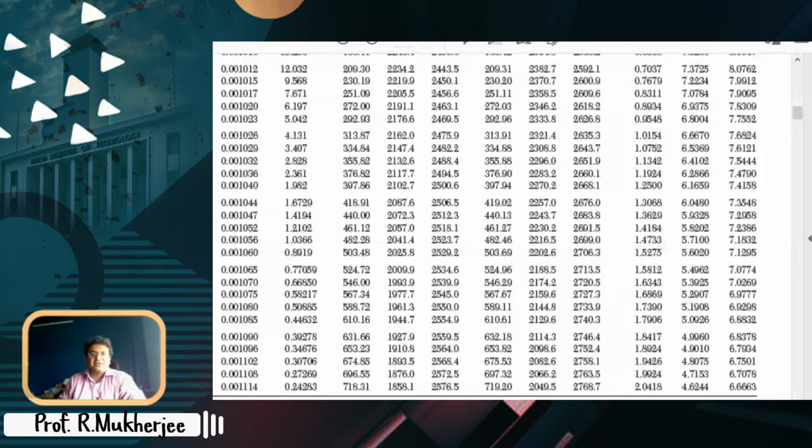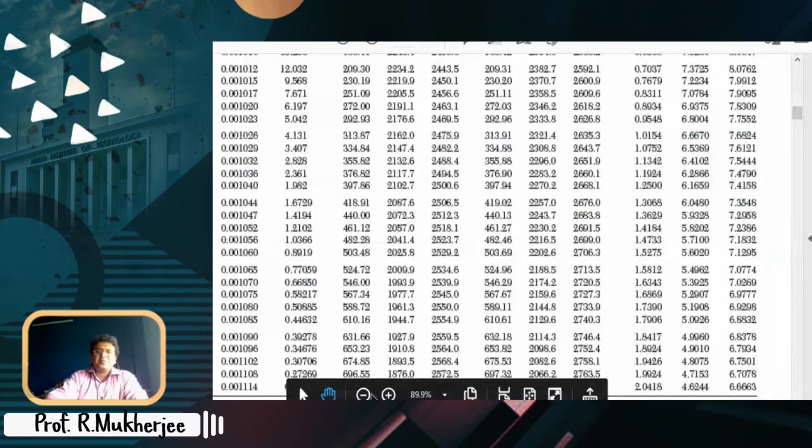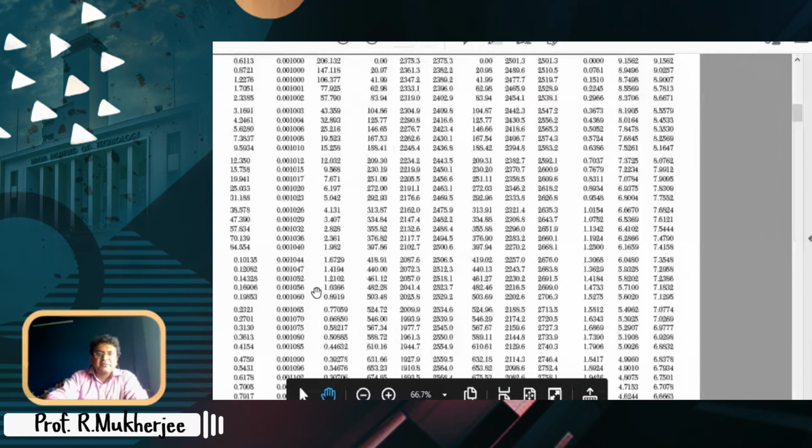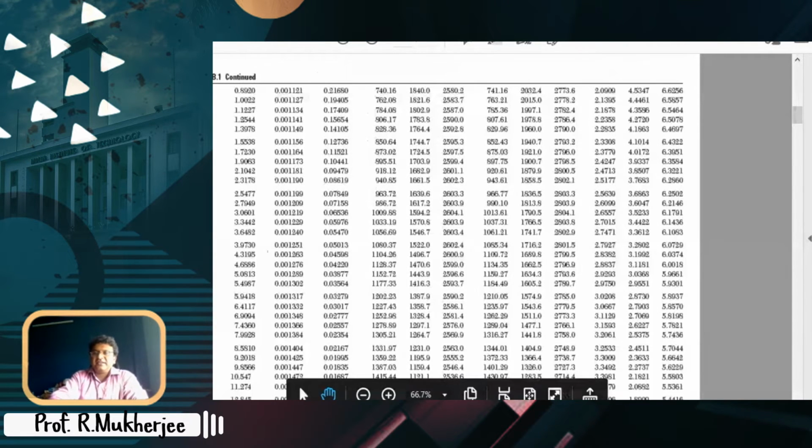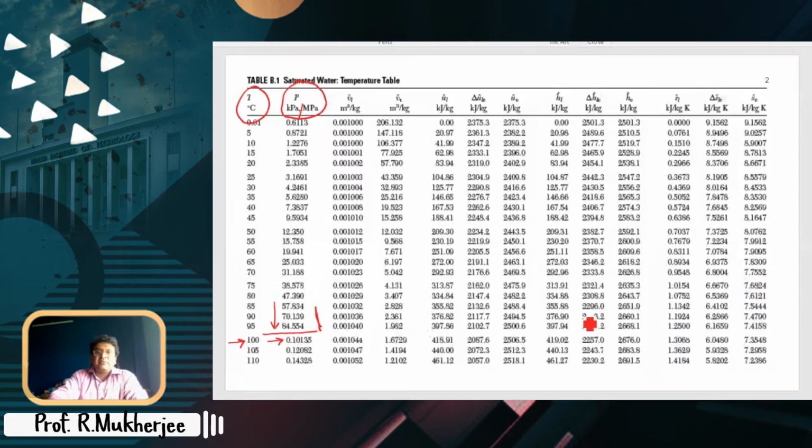So here you see page 1. This is a super minor thing. I mean, you don't have to worry about it. So here is the transition from 95 to 100 to 84 to its 0.1. And beyond that, it's all megapascal. That's all about it. There's nothing to ask. But I'm more interested in figuring out, does anybody have any problem with these headers? So this is specific volume in the liquid phase, specific volume in the vapor phase. Everybody understands specific volume?